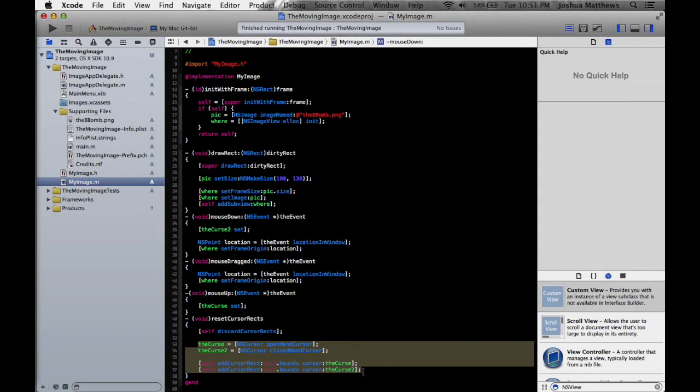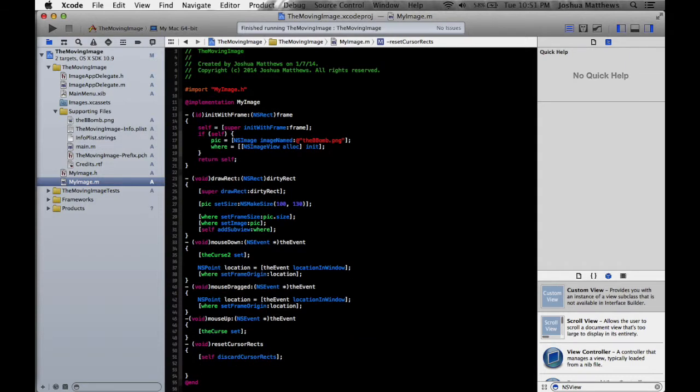So what we're going to do is we're going to come in here and erase these. Erase this. Get rid of that. Alright, so now what we're going to do is come into the reset cursor rects, and we have our self discard cursor rects. So now we're going to do our custom cursor